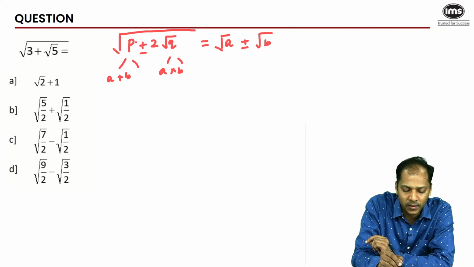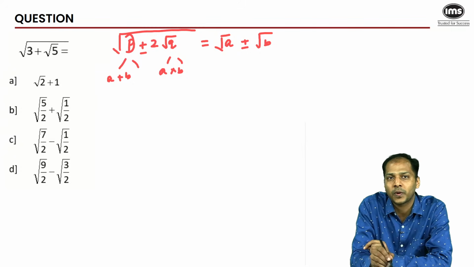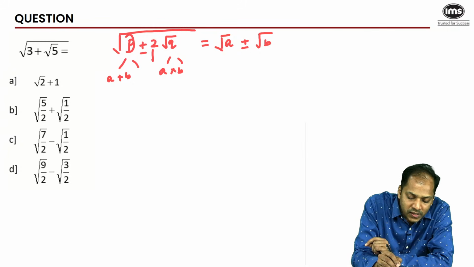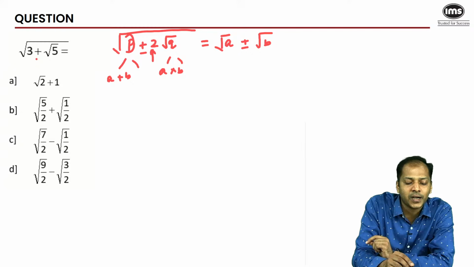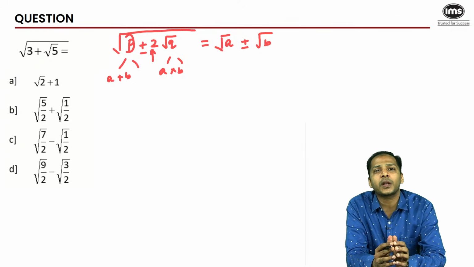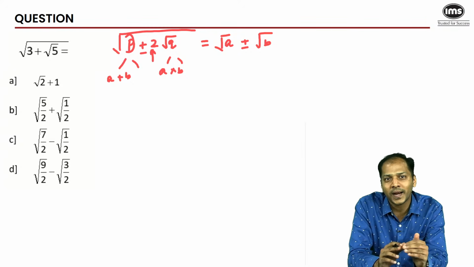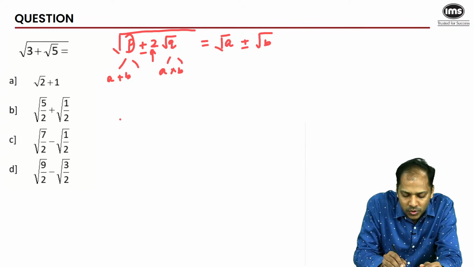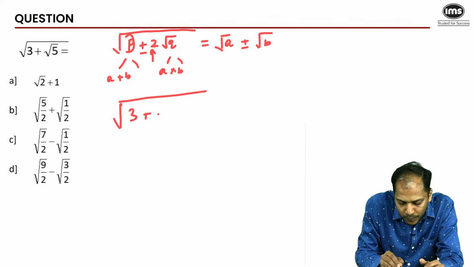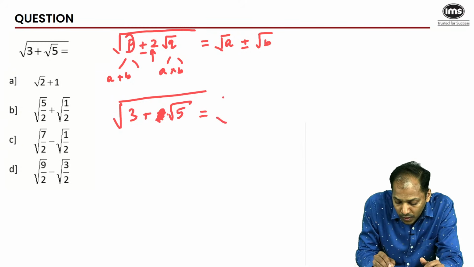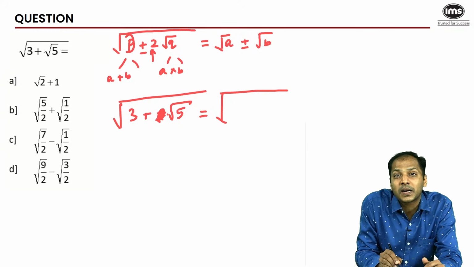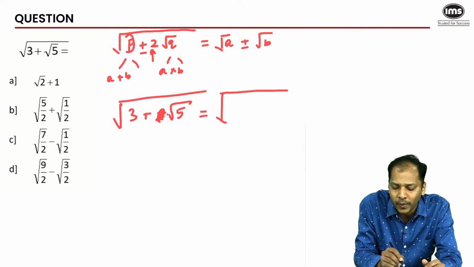If you are able to split this p into addition and this q into multiplication, you'll get the square root of the entire surd. But this 2 is critical over here. In the given question, that 2 does not exist. So because it does not exist, we'll have to multiply and divide by a 2 to get that 2 in place. So therefore the answer to this one, 3 plus under root 5, I'll convert this to under root of, I'll multiply within the square root. Within this square root, I'll multiply by 2. So within the square root, I'll have to divide by 2 as well.